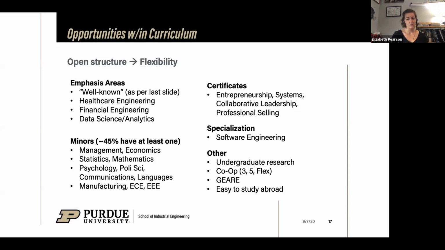We do offer a software specialization within IE. If you're interested in that, you can always talk with one of the IE advisors. Usually that's completely within the plan of study and electives. So it's just a way to really up your technical skills if that's something that you're interested in. And then also on the other side, this certificate of entrepreneurship, very common for our students to at least start that certificate. To really have an entrepreneurial spirit is common for a lot of our students. So if that's something that gets you curious, that's often a pathway that people like to take.